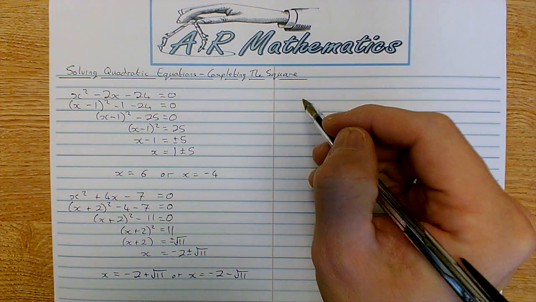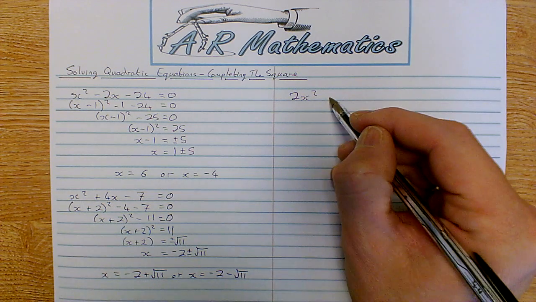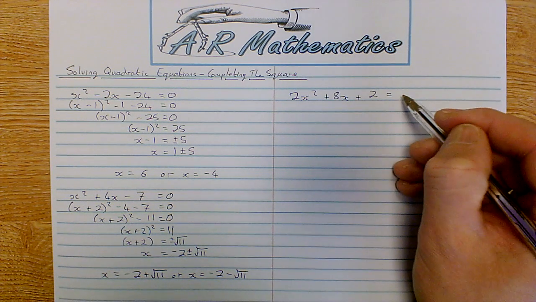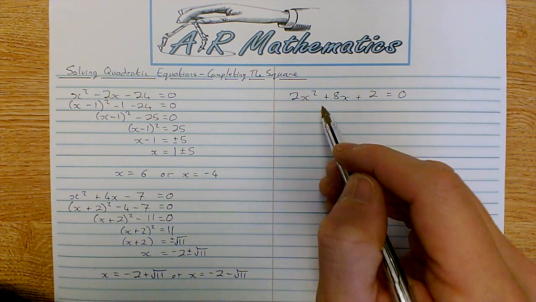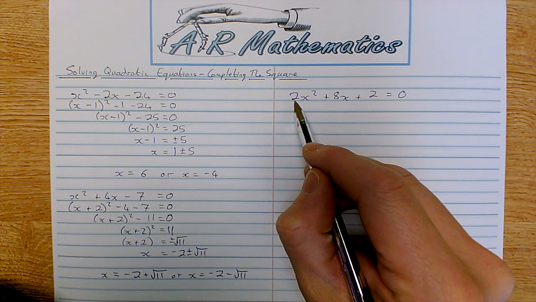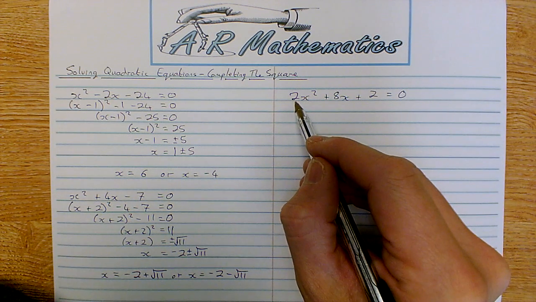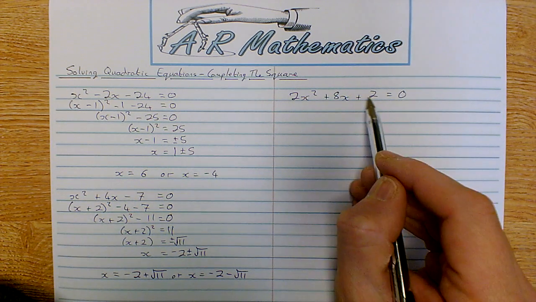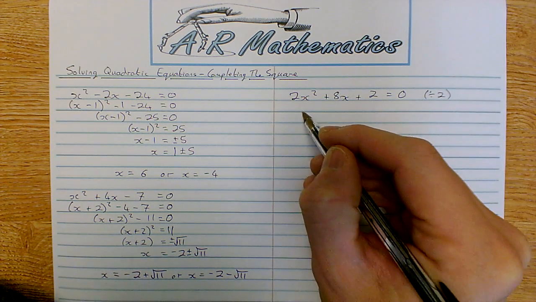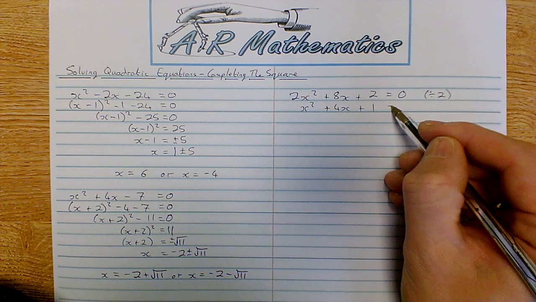And one final example, if I tried 2x squared plus 8x plus 2 equals 0. Now we could start by realizing that the x squared coefficient is 2, which means that we need to take it out as a factor. However, in this case everything is divisible by 2. So if I start by dividing the entire equation by 2, I have x squared plus 4x plus 1 equals